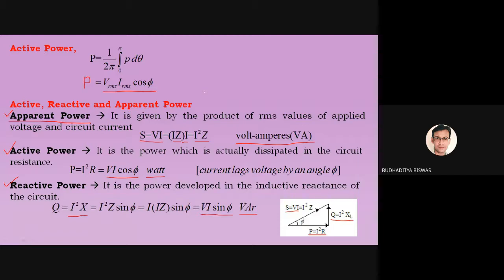So this is nothing but the active power. We only pay the electric bill based on the active power. Reactive power, we don't need to pay the bill for. But reactive power is there because in the transmission line the capacitance is there, the inductance is also there, so some power is lost with this inductance and capacitance.